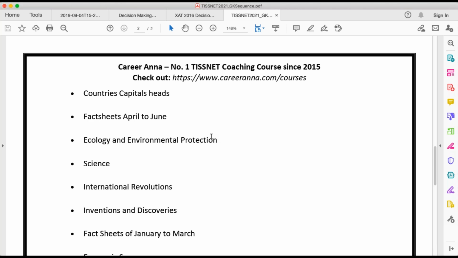Simran, yes, all revolutions, but you just need to remember the name of the revolution, the countries involved, and the purpose. You don't need to remember the date, year, and all the details. Just very high-level data: the name of the revolution, the countries involved, and the purpose. There is no more important or less important international revolution. You need to study all.